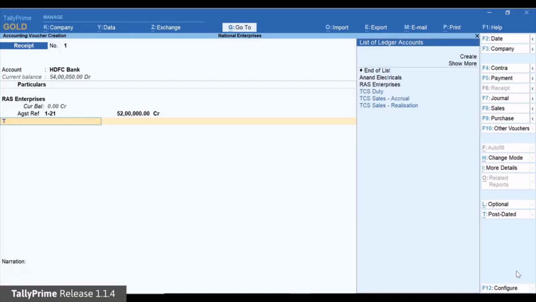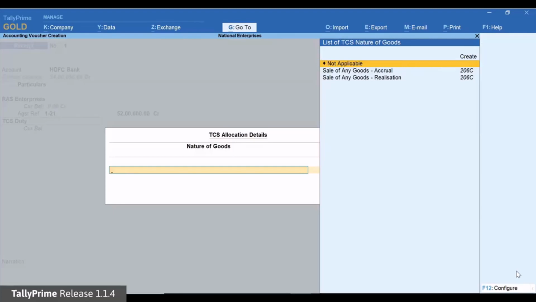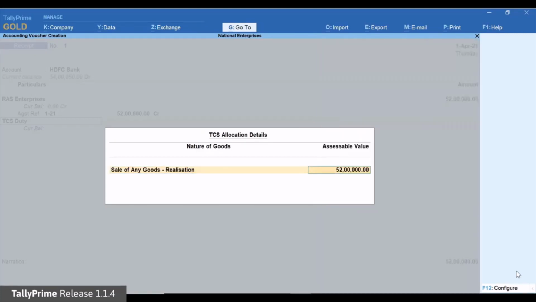Select TCS duty ledger. The TCS allocation details screen is displayed. Select the nature of goods that was selected in the sales invoice. This screen is displayed only when the nature of goods selected in the TCS duty ledger is any or the one with tax on realization.